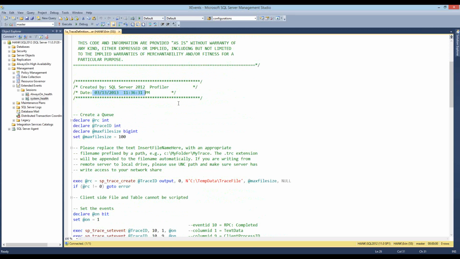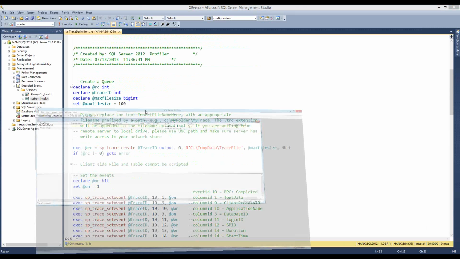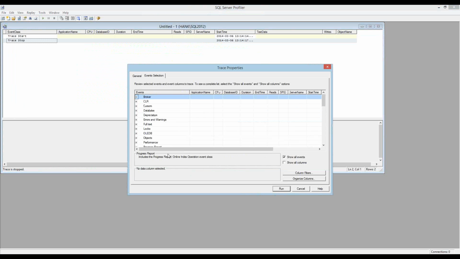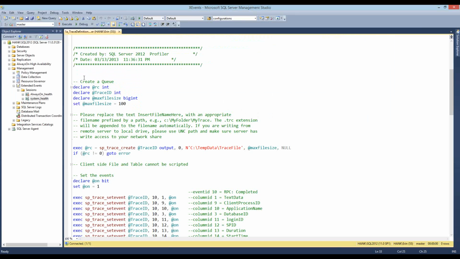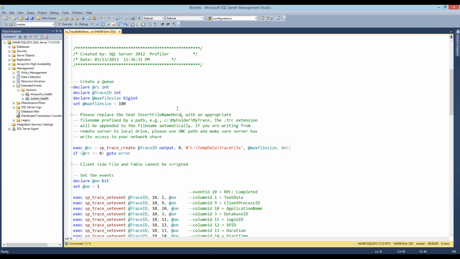This is one that I created almost a year ago, actually. And what I want to do is step through this quickly because I want to talk about what we were looking at in the UI, our events and how that translates to the T-SQL. And then we're going to look at the T-SQL for extended events, and that's how we're really going to make the leap from Trace and Profiler over to extended events.